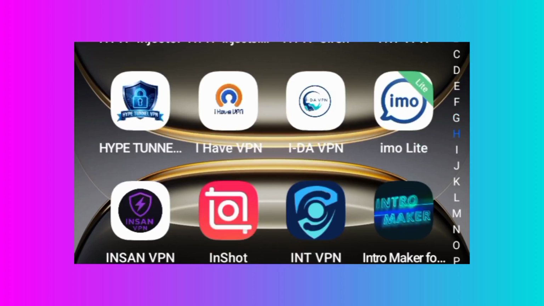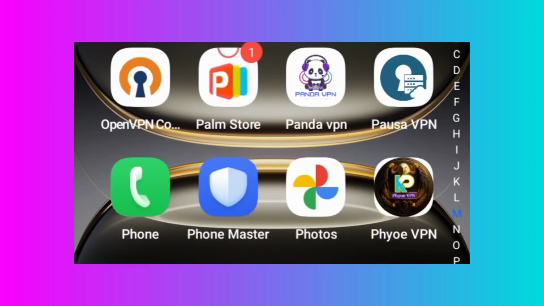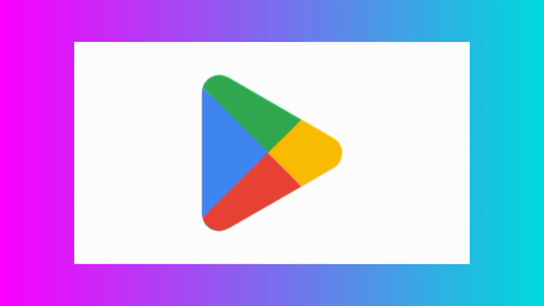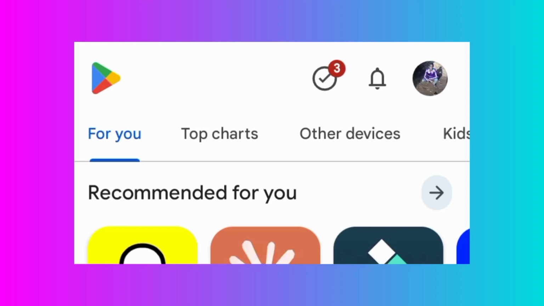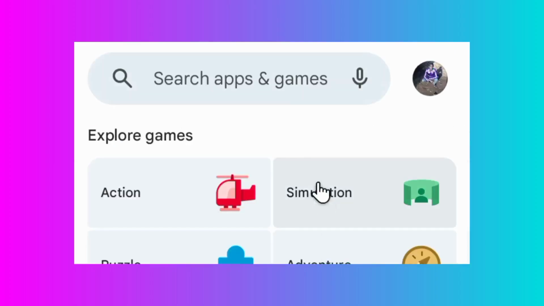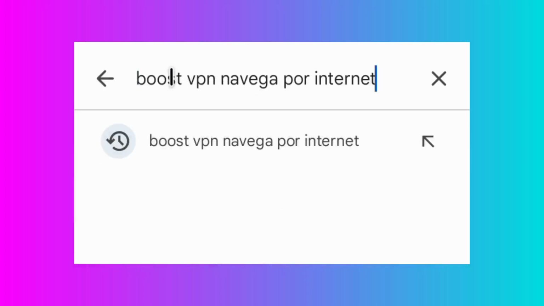Today we're gonna show you a VPN app which will help you to secure your connection and add extra protection when you are online. This app is on Google Play Store. Simply open your Google Play Store where you can search and install Android apps. In the search bar, you search for this VPN app. The app is known as Boost VPN Navega. So you search for that,